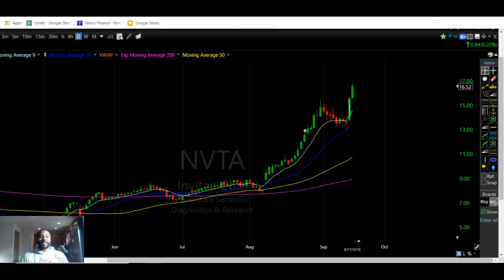Isn't this amazing? Look at this thing. So stock is just breaking resistances left and right, breaking this resistance formed here, broke it. Resistance formed on this day, broke it that day, then came down, got caught by the moving averages. Now this is not, I wouldn't consider it a pullback. You can't consider,